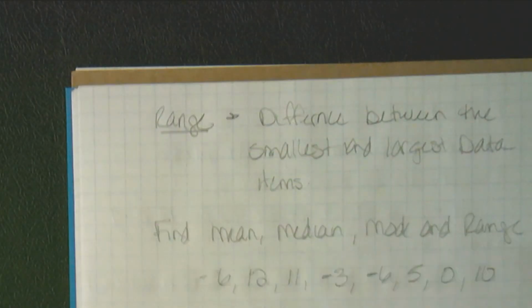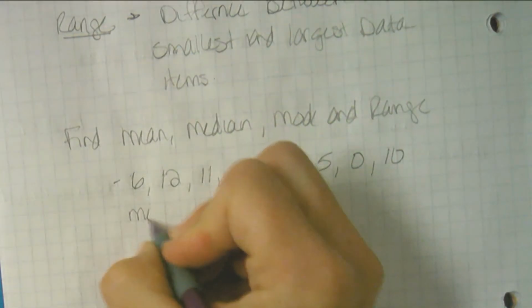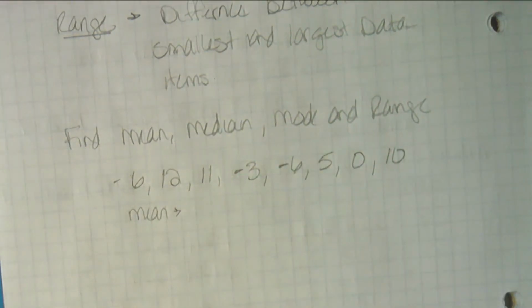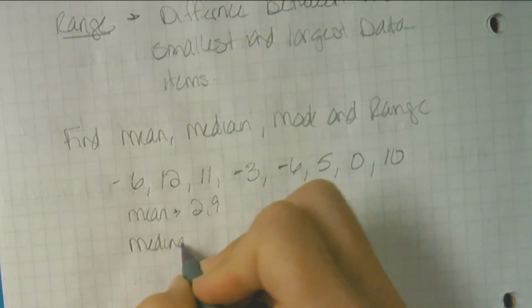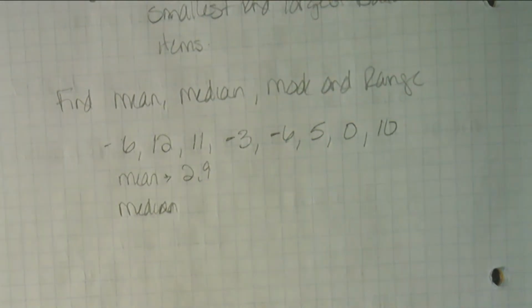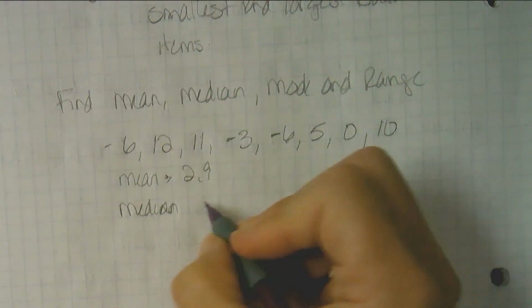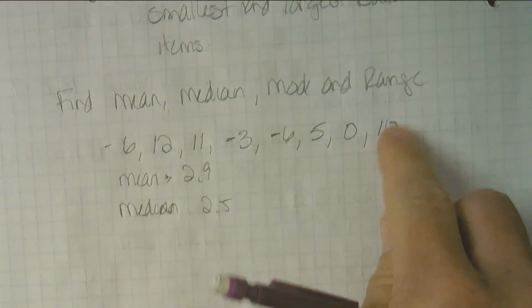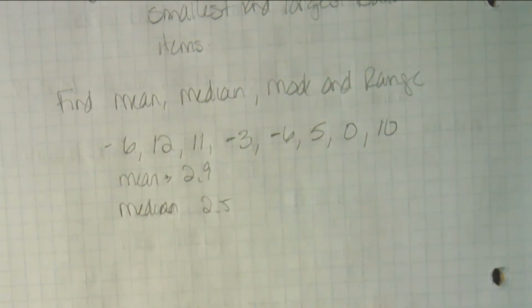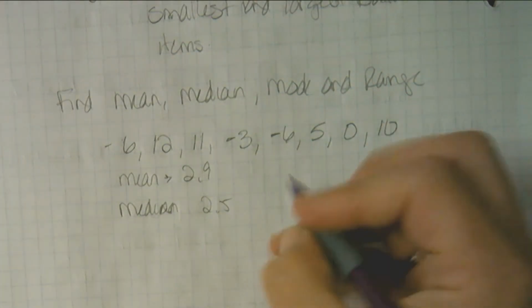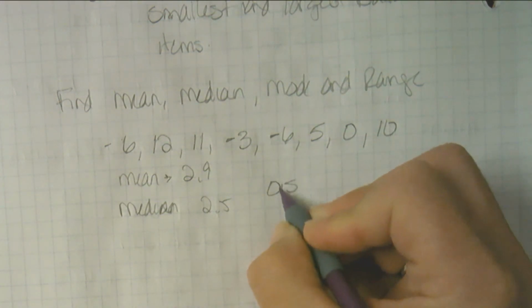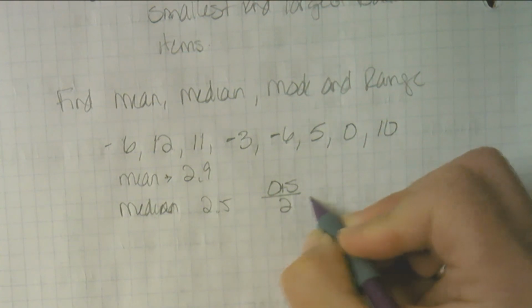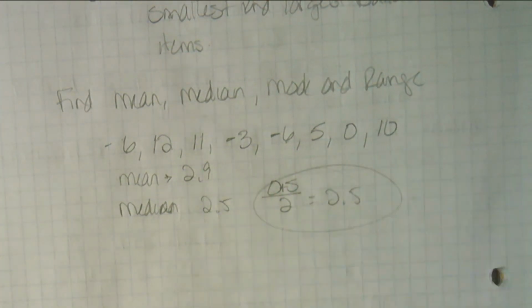Oh, okay. What did you guys get for your mean? Danny, what did you get for your mean? How many of you guys got 2.9? Awesome, we'll go with that. How about your median? What did you guys get for your median? Alex? 2.5 because there's 2 in the middle. 1, 2, 3, 4, 5, 6, 7, 8. Awesome. You should have shown work. What are my 2 numbers in the middle, Alex? 0 and 5. So I should see 0 plus 5 divided by 2, which gives me my 2.5. I should see that work.